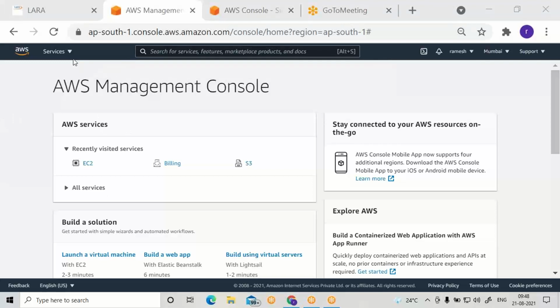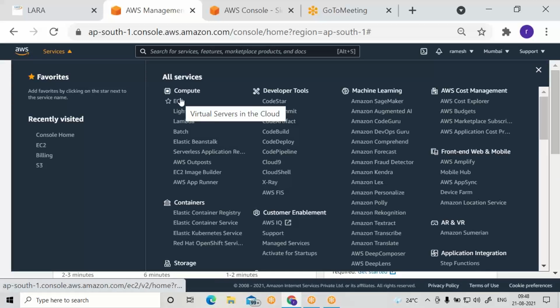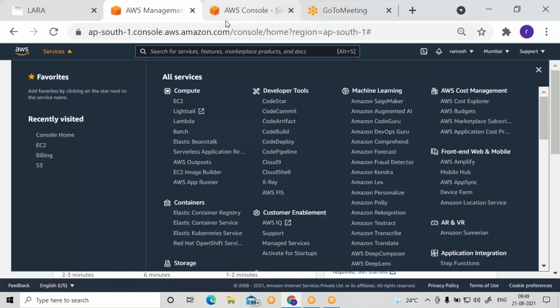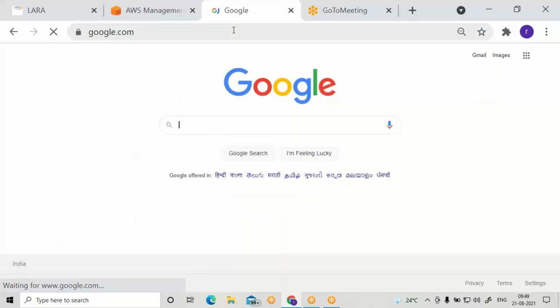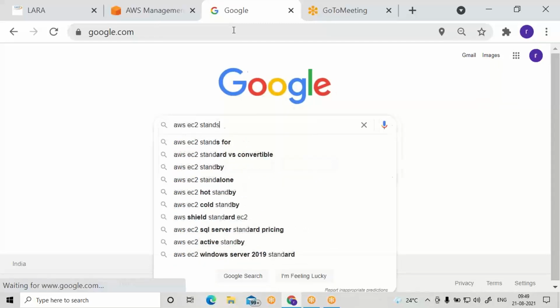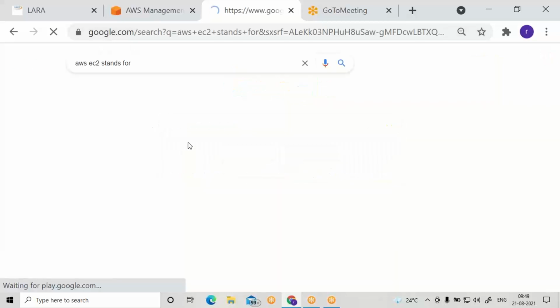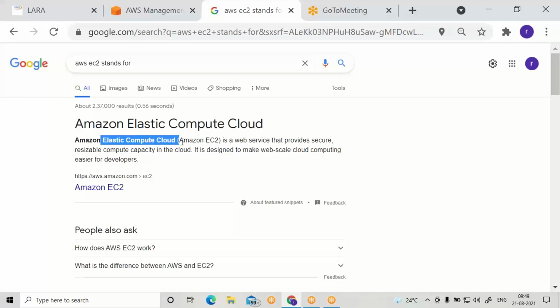You can see EC2. Under services, you can see EC2. EC2 stands for Elastic Compute Cloud.